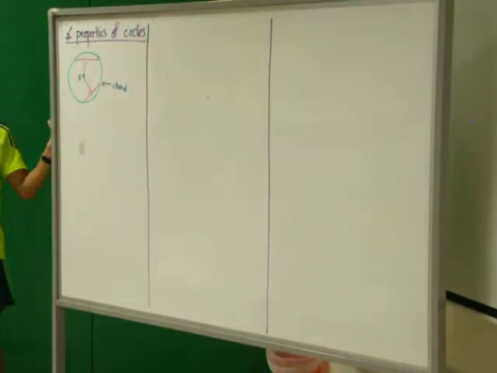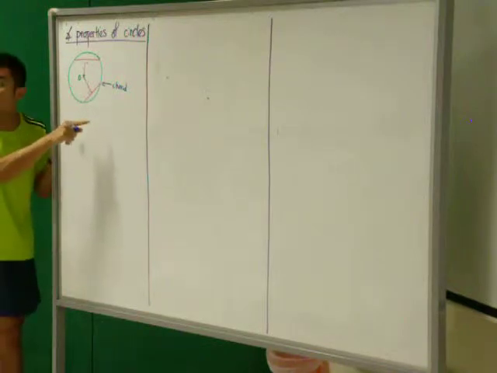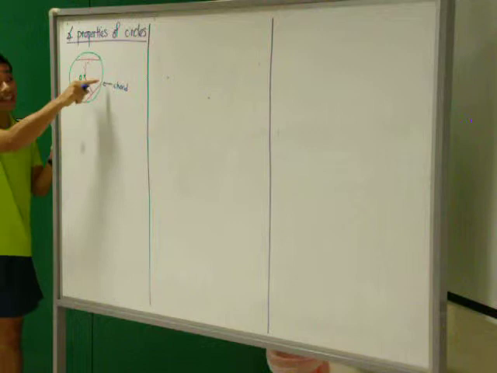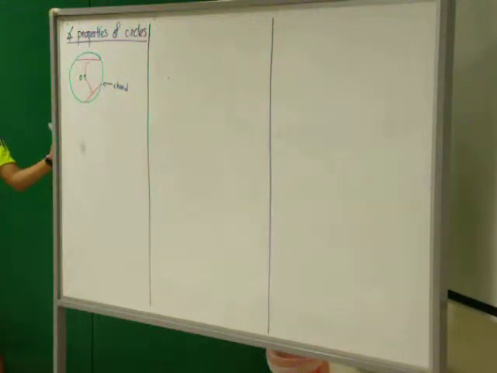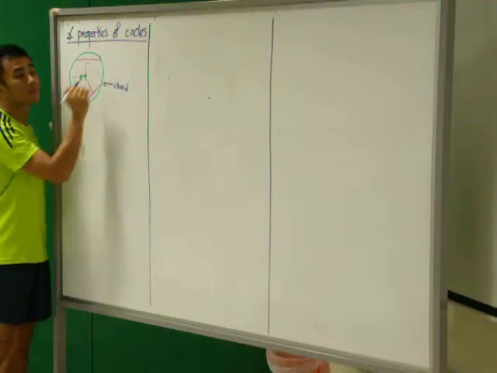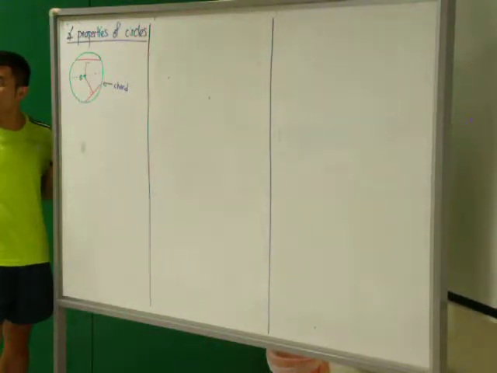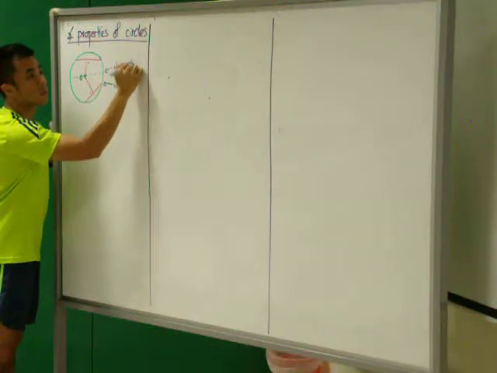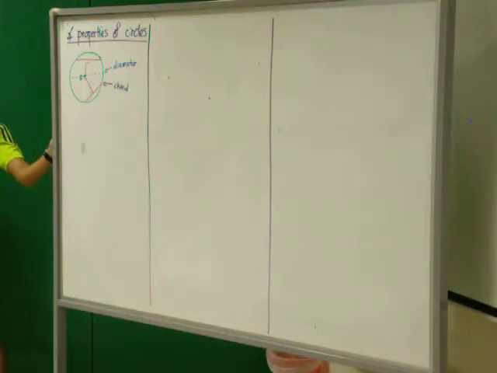Any line that cuts the circle into two parts, I didn't say two halves, this line is called a chord. But if the chord passes through the center, it has a special name, yes? Diameter, thank you. So far so good? Okay, moving on,